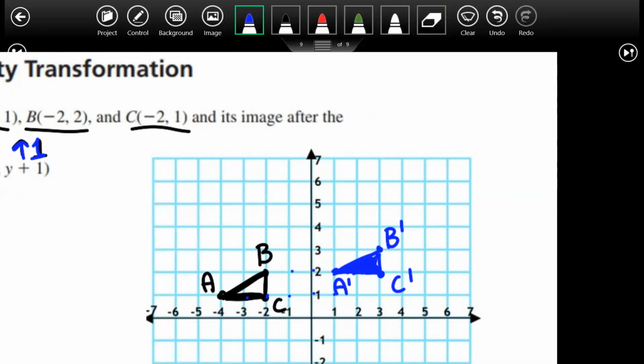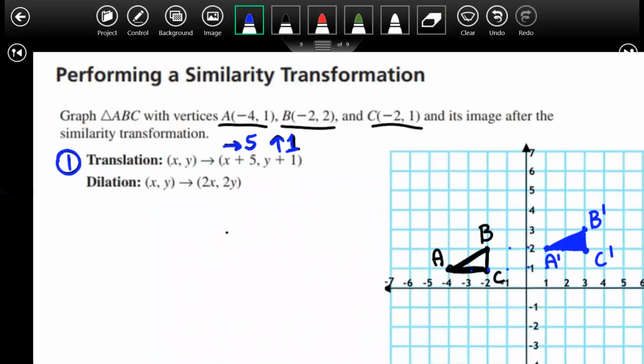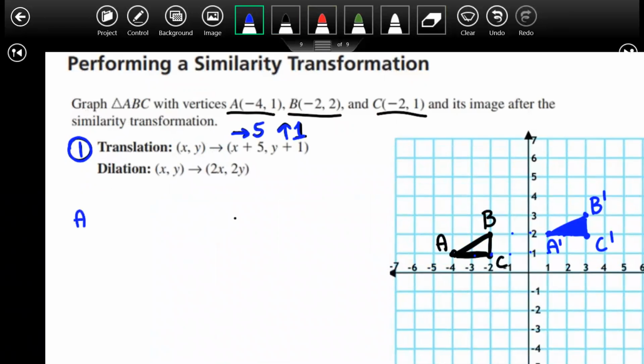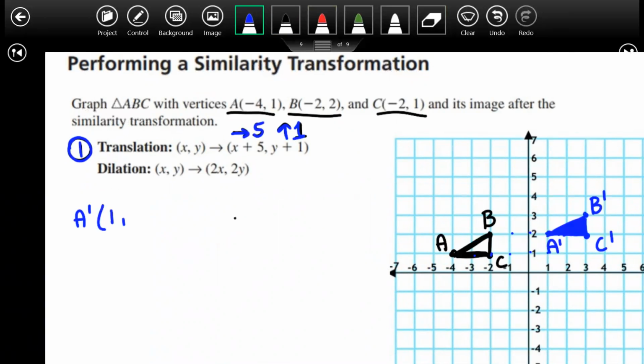All I did is I did my first transformation. Let's go ahead and write out those points, because those points are very important to us. A prime would be what? 2 comma 1 comma 2. Thank you. 1 comma 2. B prime, 3, 3, sorry. C would be,